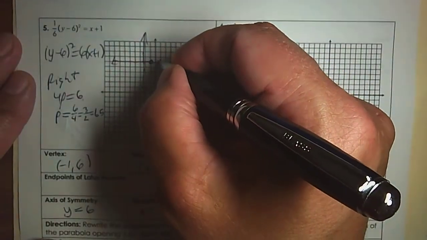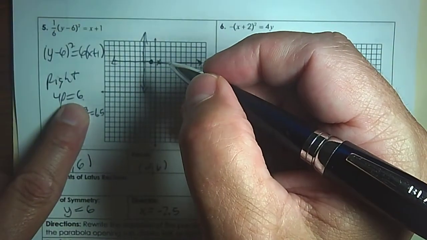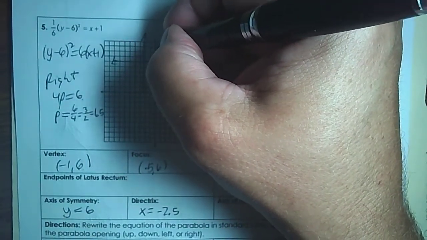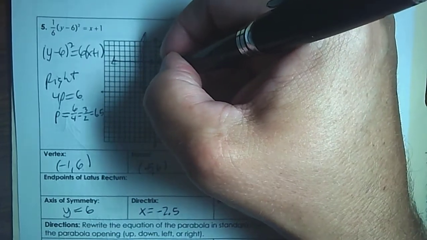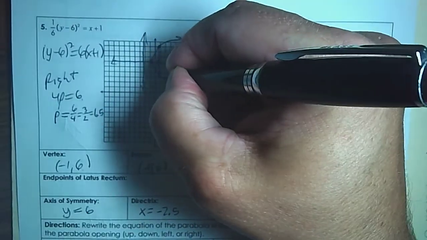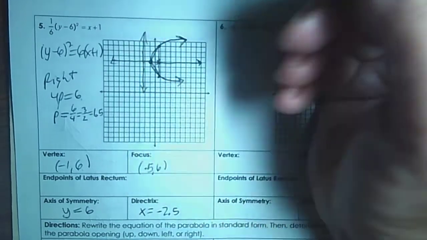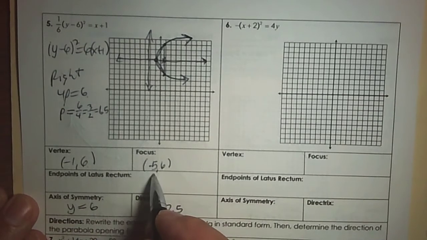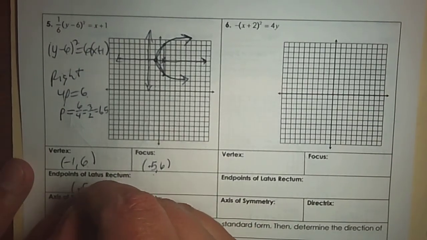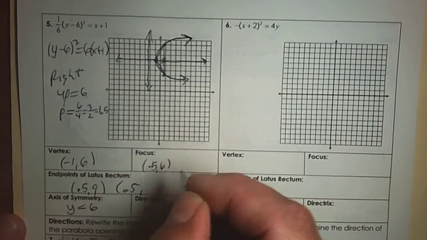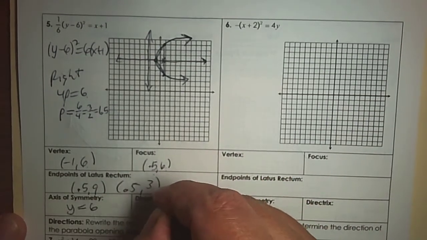Then, from the focus, the latus rectum is 6. So we're going to go up 3 and down 3, and then draw our parabola. So there's our latus rectum, and then here's our parabola. So what are the endpoints of that latus rectum? From the focus, 0.5, I went up 3, that's 9, 0.5, and I went down 3, that's 3. So 0.5